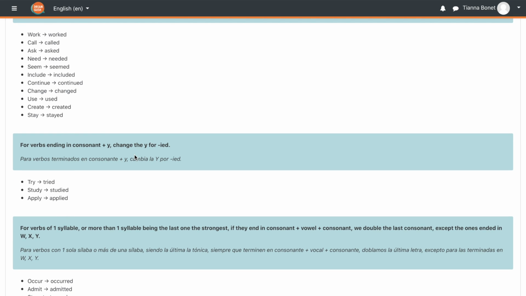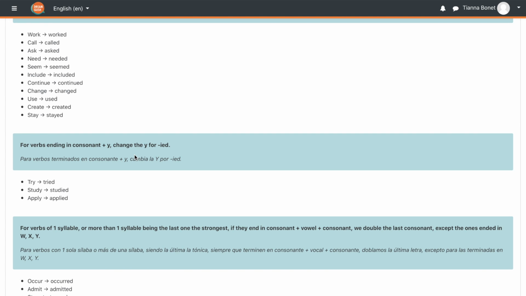For verbs ending in consonant plus Y, change the Y for -ied. For example, try becomes tried. Study, studied. Apply, applied. For verbs of one syllable, or more than one syllable with the last one being the strongest,